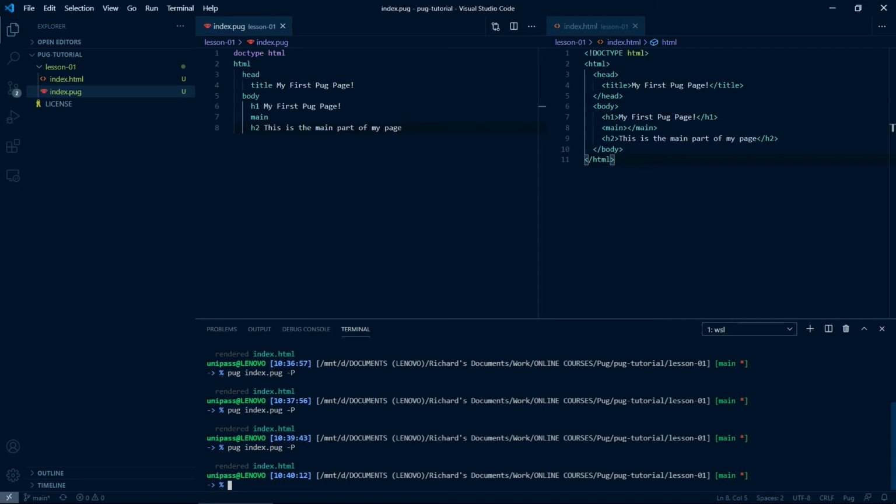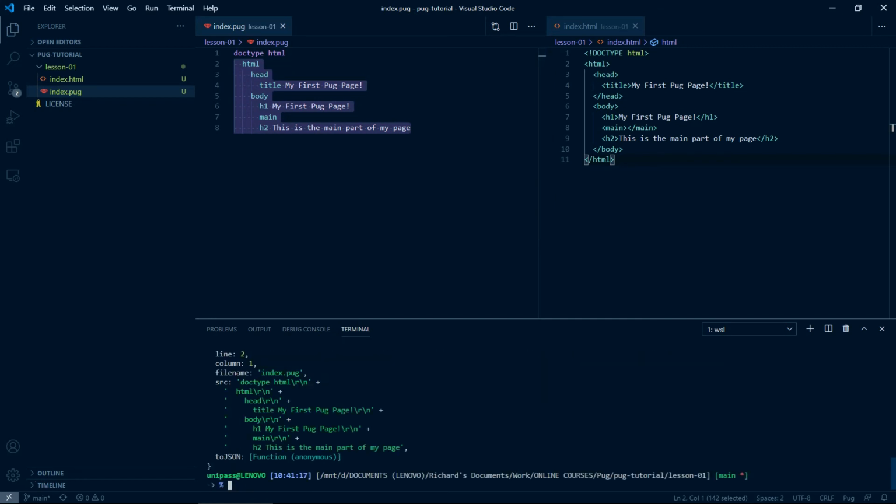If you get it syntactically wrong, the Pug compiler will throw an error. For instance, you might wrongly think that the doctype should be at the top level and everything else should be nested 1 level lower. Try this. Select everything except the doctype line and press the tab key to indent it. Save the file. Run Pug on the command line again. This time a load of error messages will be spat out at you and the compiler will not run.